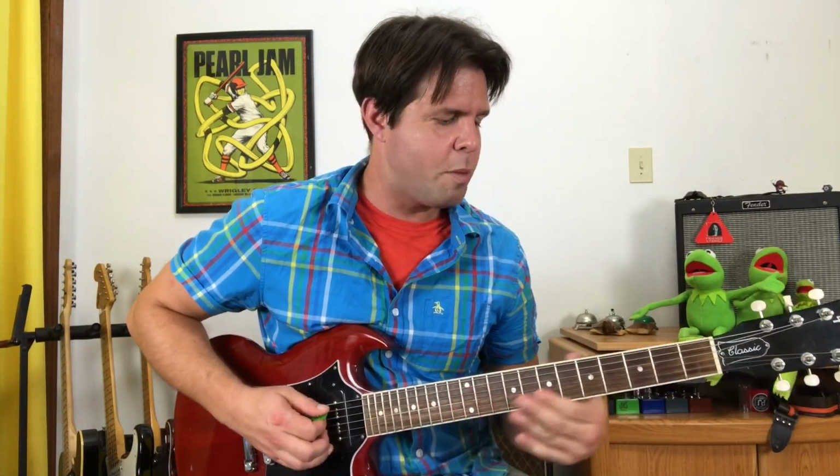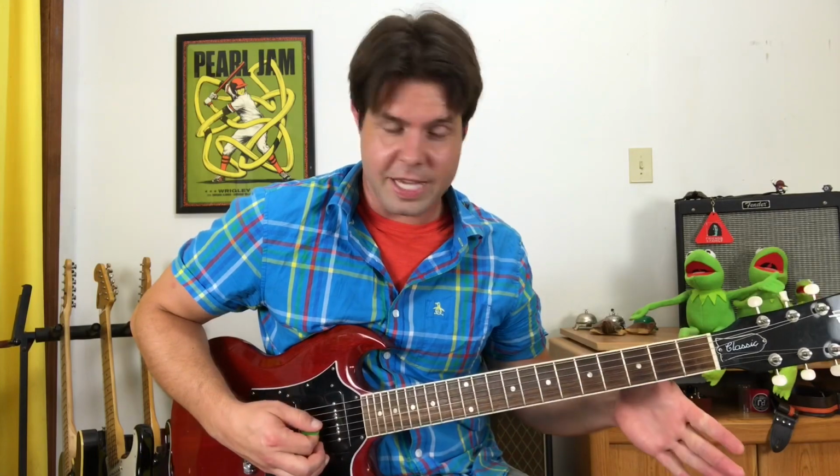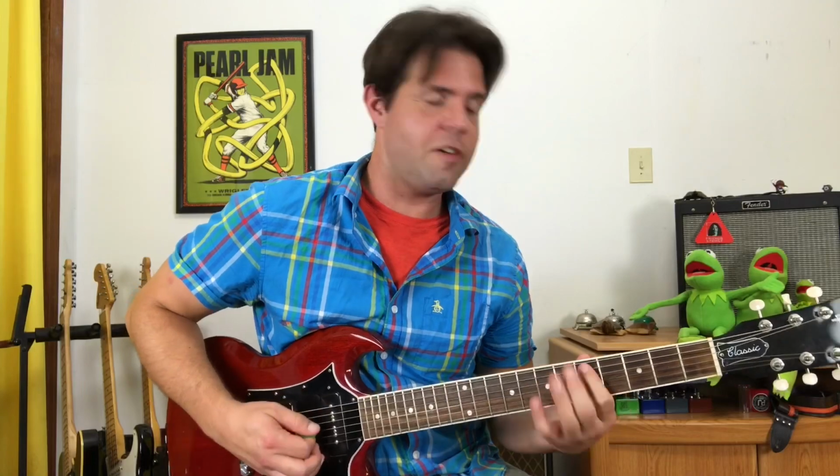which is open, 5-7, open on the A string, followed by D7, open A, D5, followed by open, 5-7, open, D7, 5-7 on the A string, land on D5. So...